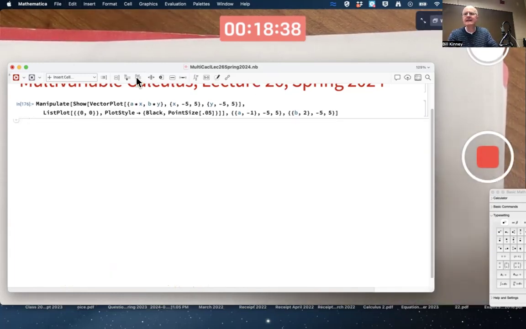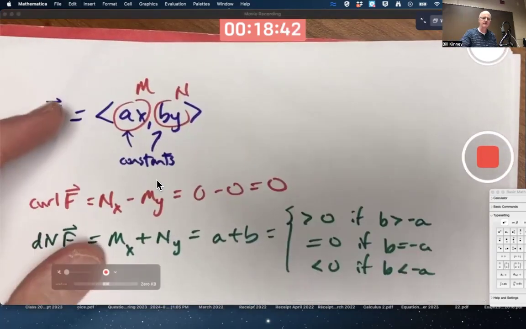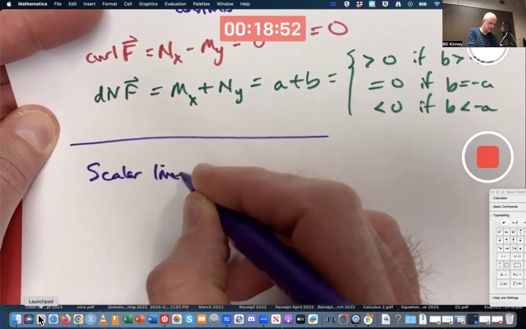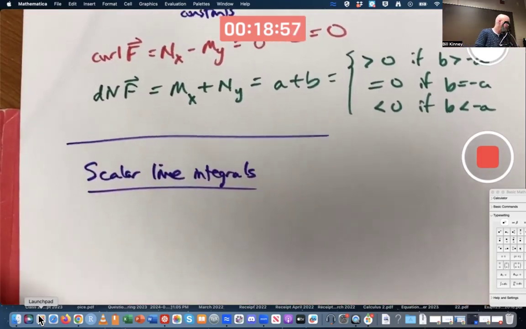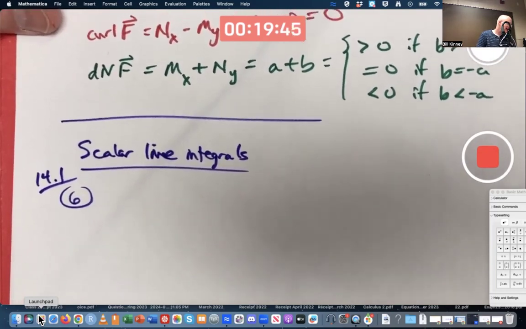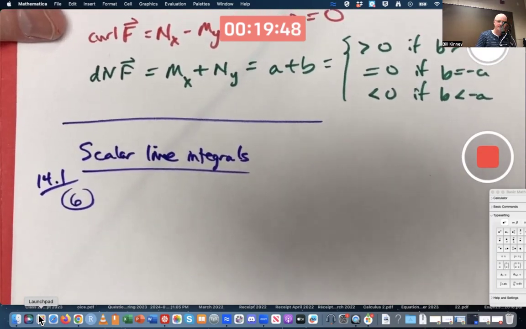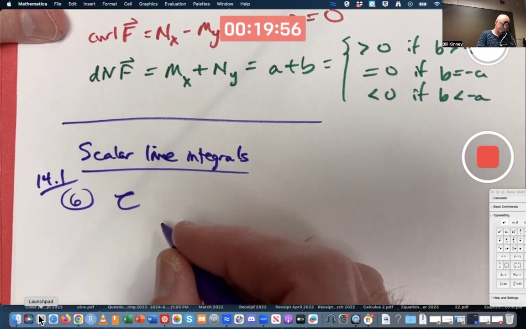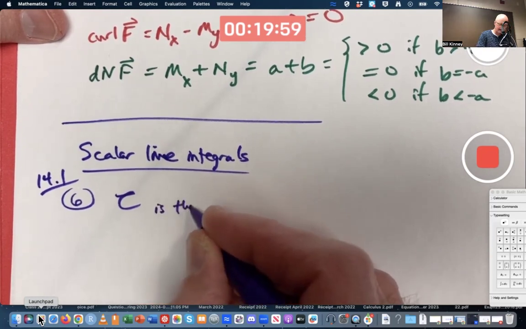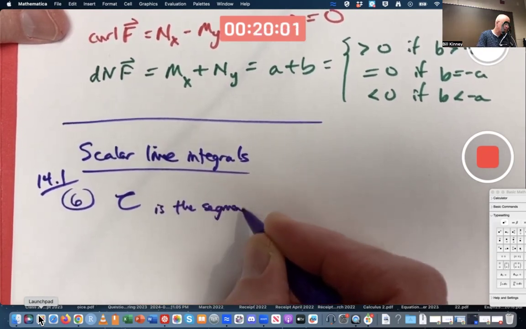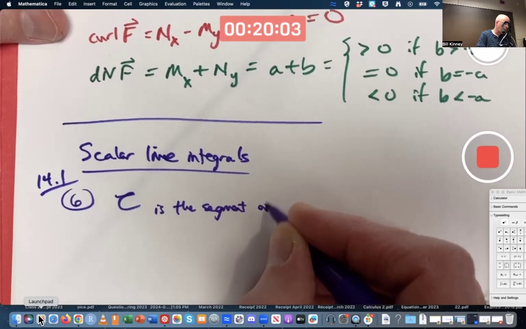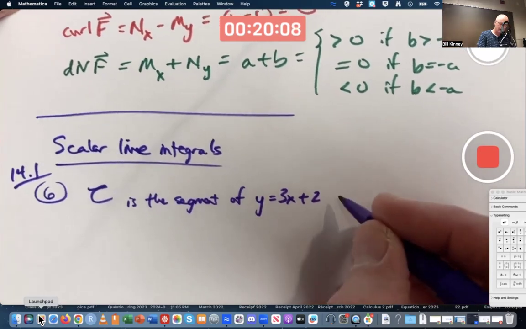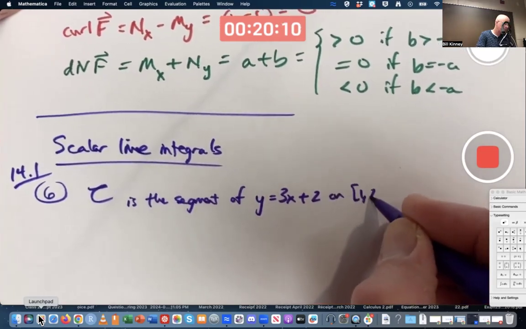Our main topic today is scalar line integrals. Let's just pick an example from the book. We've got a line segment in number 6. C is the segment